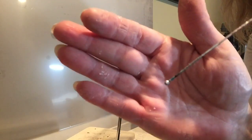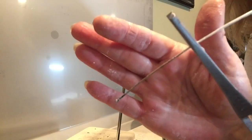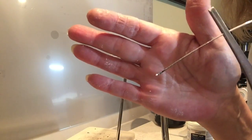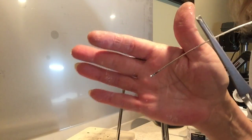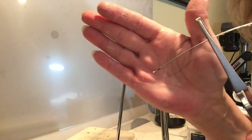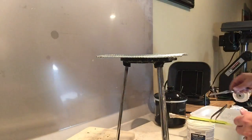You can kind of stop, or I could have kept going and brought it up further and made a bigger ball if I wanted. So when I weave this wire now, my ends will be balled like that, and I'll shine that up and clean it up. And it really gives a decorative accent. Making your own head pins like this, you can do that. We could put this into a riveting anvil and smash the ends of it and make the flat head pins versus the ball pins. A lot of things you could do, so it's a great technique to know how to do. And we are going to put that now into the quench water,